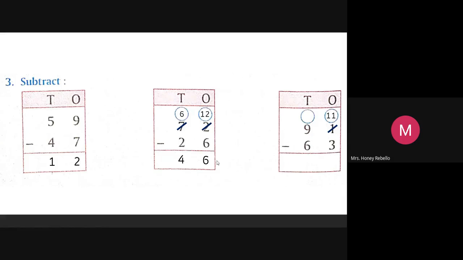That I will write. Wait. Now 11 minus 3. Hurry up. After 3, you count till 11. Tell me the answer soon. Eight. Now 9 has become 8 over there. What is 8 minus 6? Hurry up, Sai Vasavi. 2. Yes, Sai Vasavi, you must be a little bit fast.